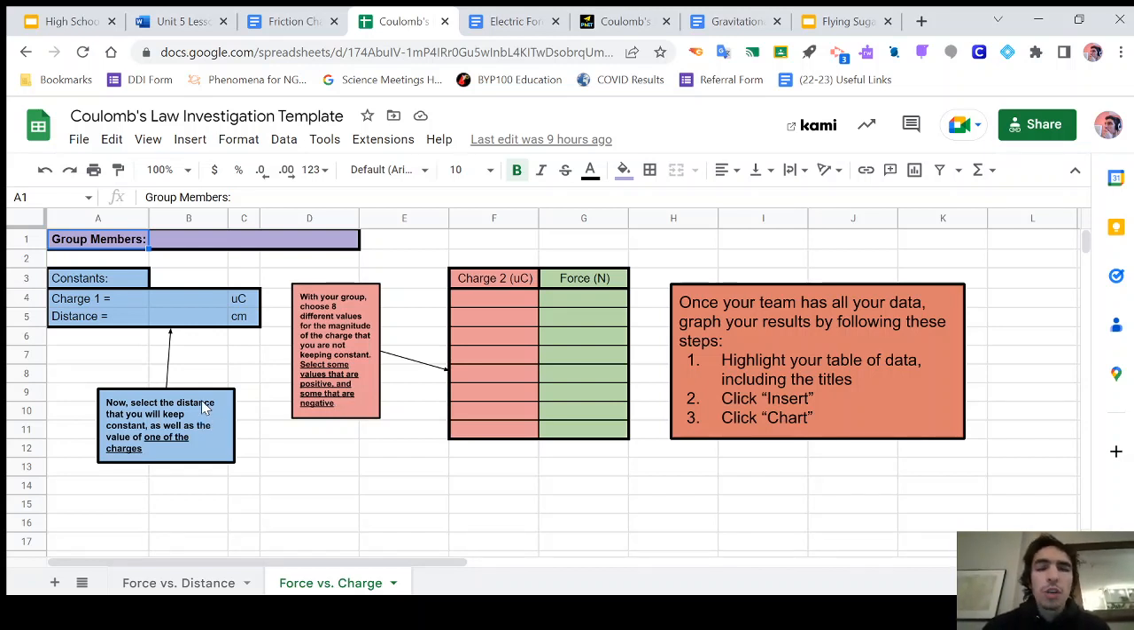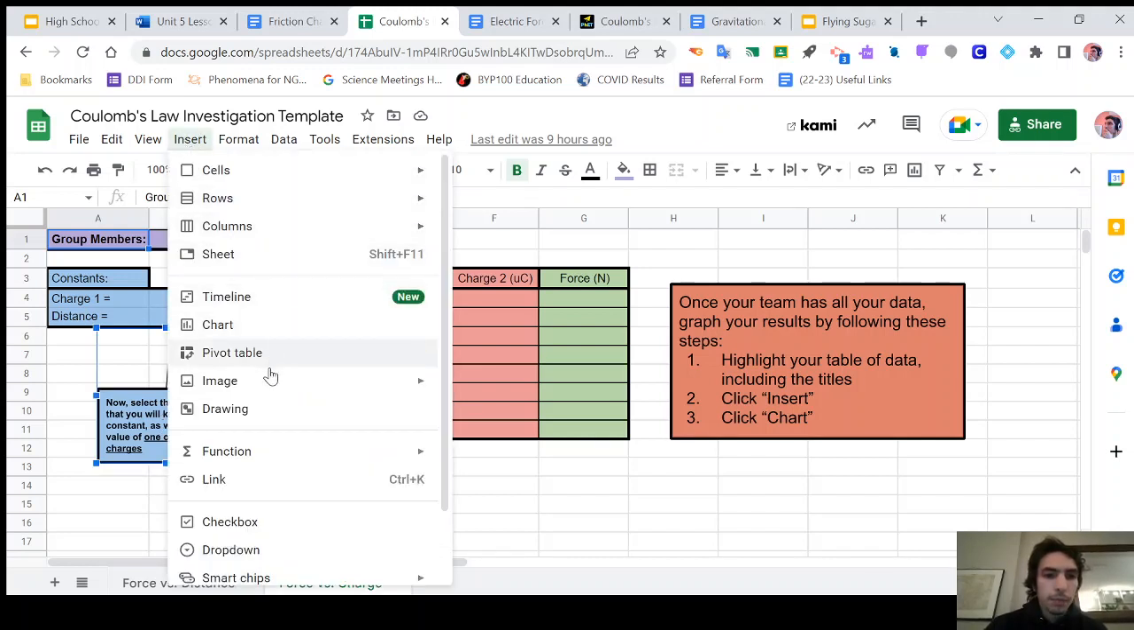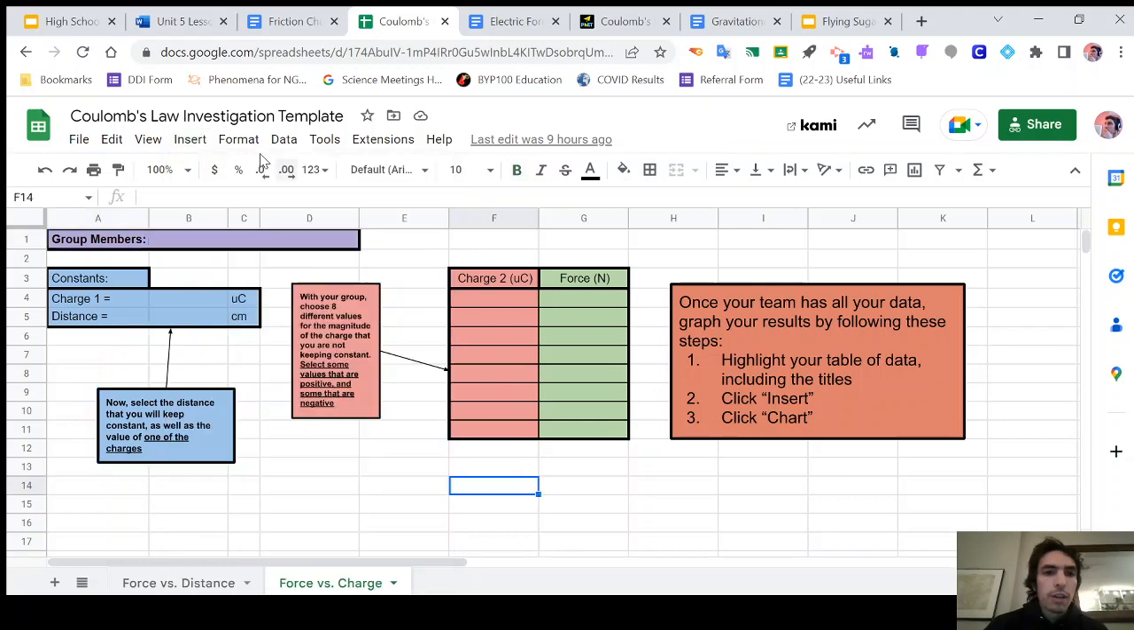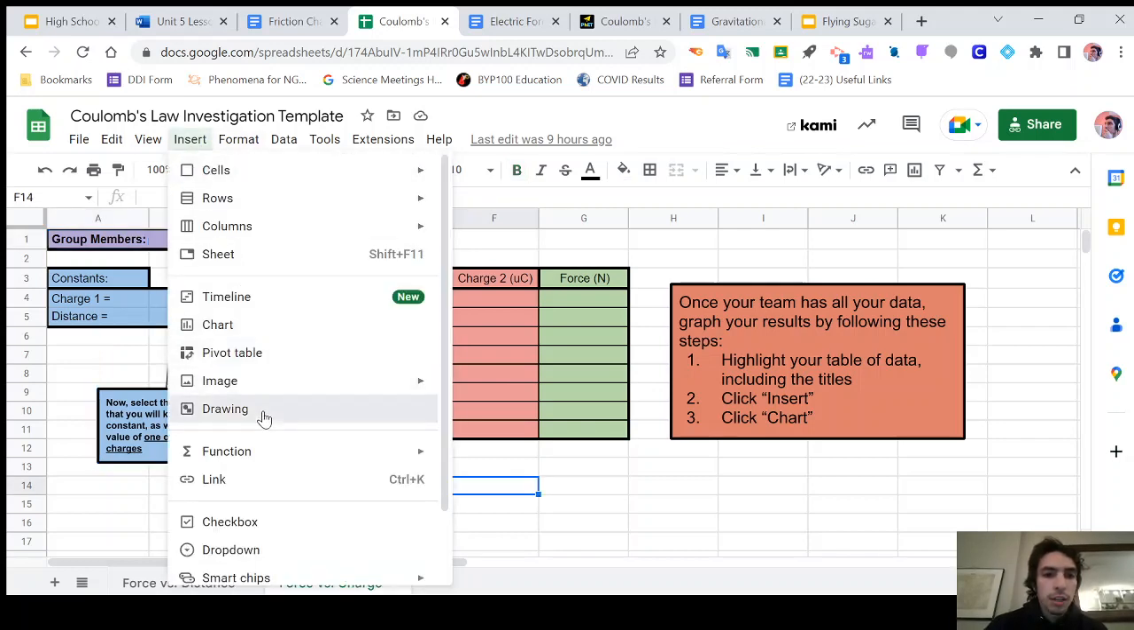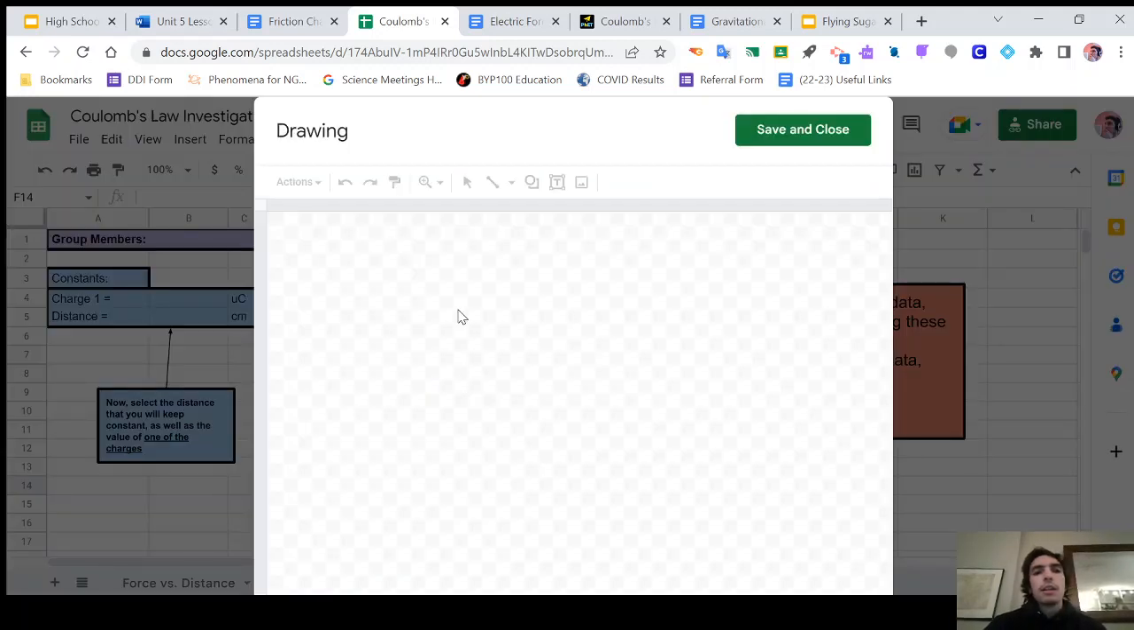And I guess the most important thing that I've found to be helpful during this is, like I said before, the color coding, just so that they can tell what direction goes with what. And the way that you can insert this or make these for yourself in any lab that you want to do throughout the year, these boxes are put in here through drawings. So if you click on the insert button here and click drawing, then you can put in these text boxes